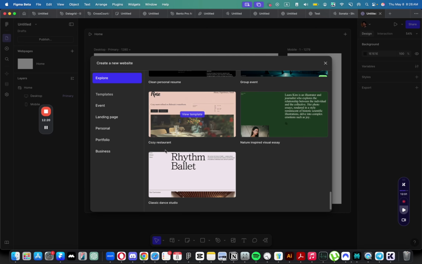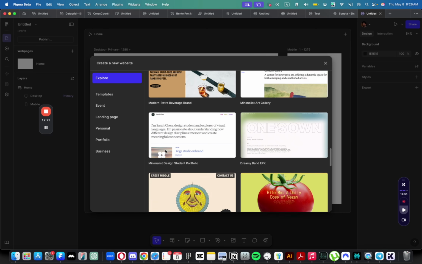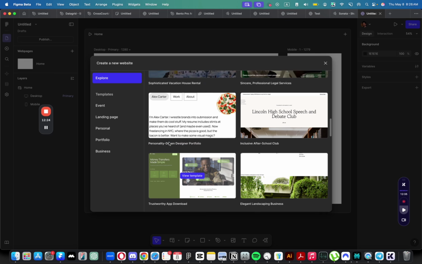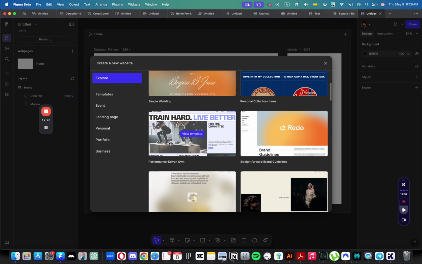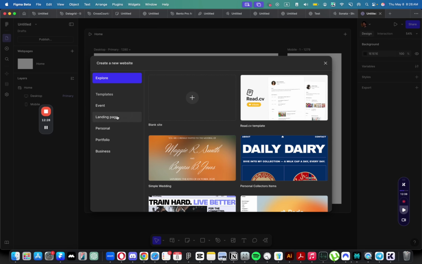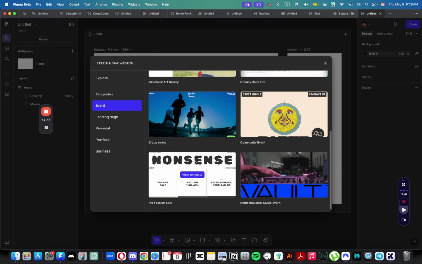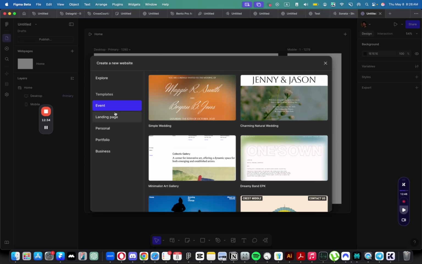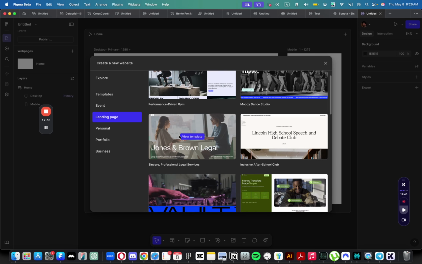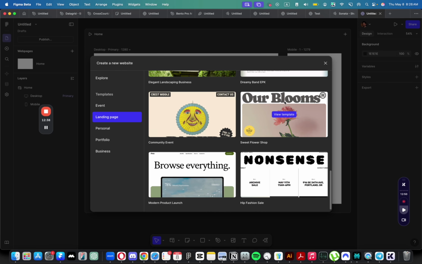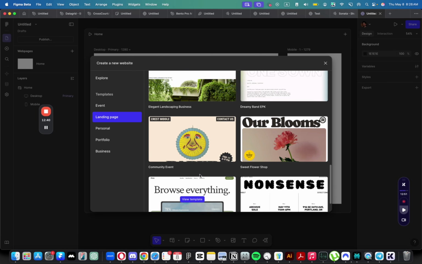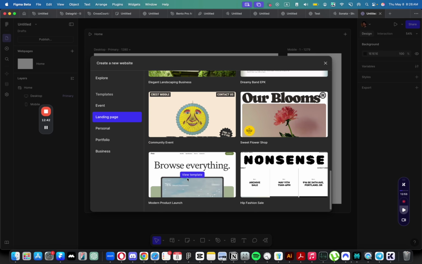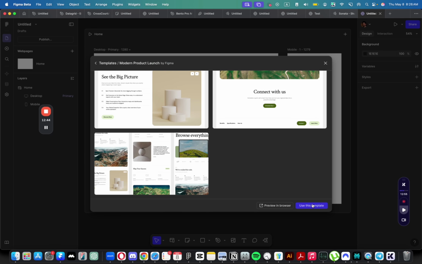For the templates, I think what they could add is more SaaS templates. Right now, there are not too many SaaS templates, but I think that if users can build them themselves, then it will grow very fast. I assume there will be a lot of different templates here in terms of days or weeks. So yeah, I like this template. This is one of the SaaS templates that they have. Obviously, if you choose this template and adjust colors and everything that you want, you can make